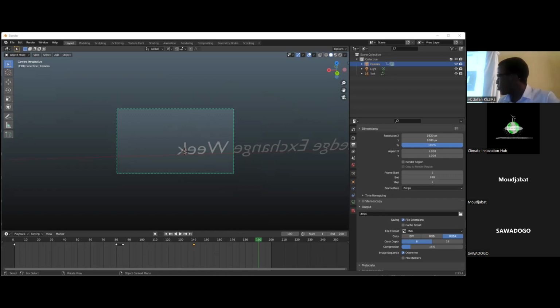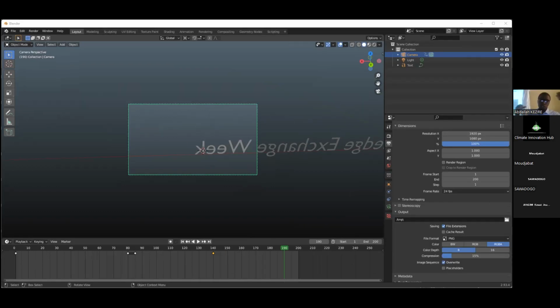The K, the first one, I've animated in a way that it will just rotate like this, rotate back and come back to normal position. And then I've moved in the time to do the same thing with the E and the W. So they are basically doing the same thing, but with different timing. And the knowledge exchange week is just, I just dragged it from down to up. And all these manipulations at the right times will give you the illusion of something very nice. But actually, it's those tools I'm teaching you that I've used for all of this. I hope it's making sense to you, right?